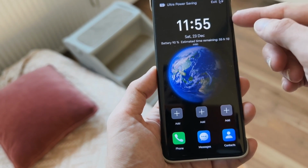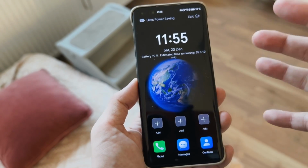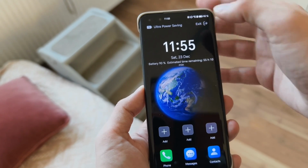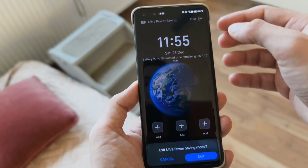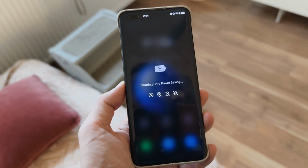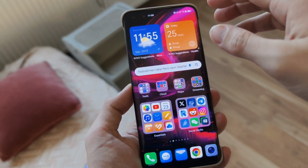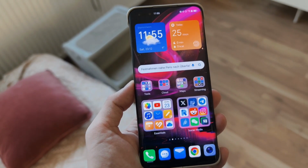It will show a clock, a very minimalistic wallpaper with just an earth and everything else black to save and preserve a little bit more power, and it gives you an estimate of the running time in this power saving mode, and it will also of course show you that you are in the ultra power saving mode. We can exit out of here, and this has to be confirmed, of course. Go into the normal mode again, where it will reconnect to your Wi-Fi, Bluetooth, NFC, and whatever you had active before. So this is also, I think, a very cool addition